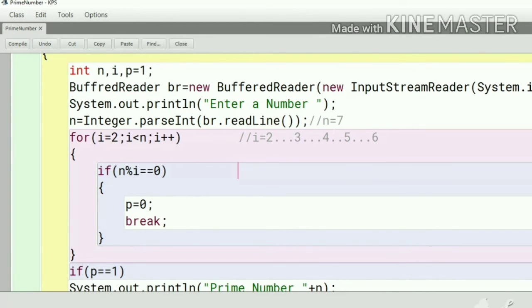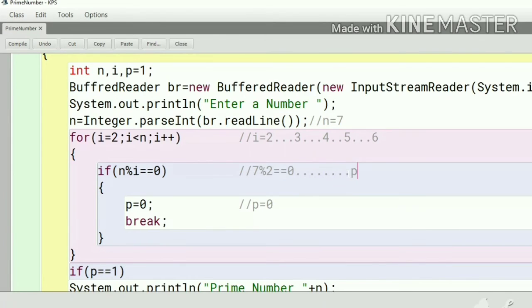Now this part: suppose the number is 7, 7 mod i, the first i will be 2. If the remainder is 0, then the p value will change to p equal to 0. But this is not equal to 0, so it is not satisfied.